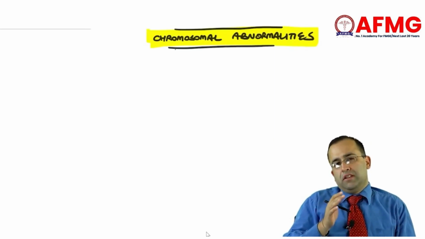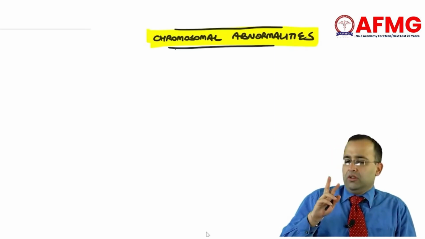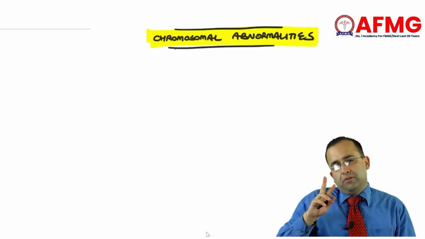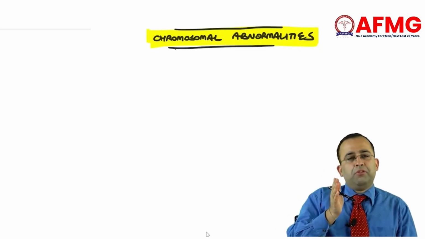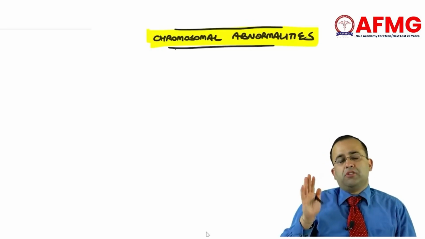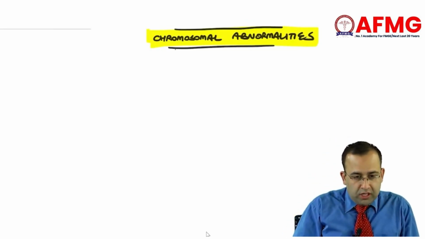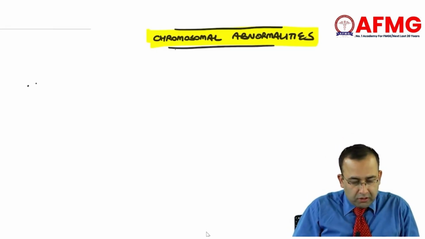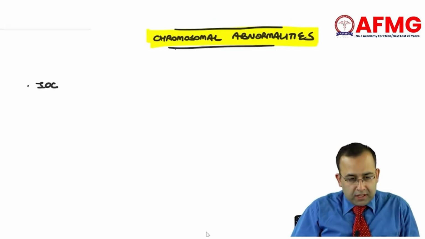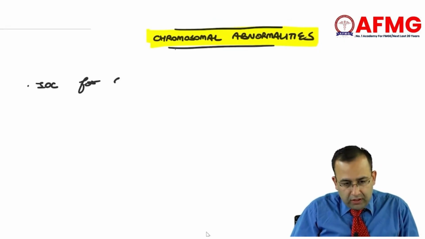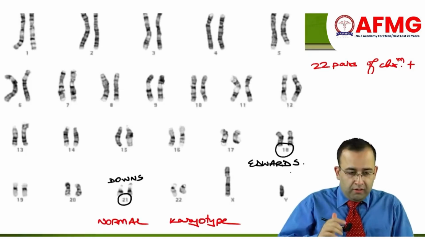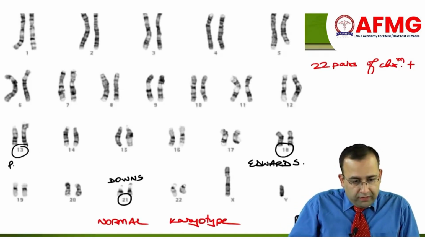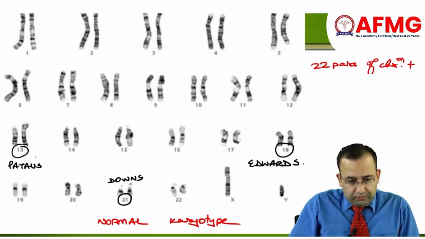this gets us to our next category of genetic diseases, that is chromosomal abnormalities. You very well know that we have divided chromosomal abnormalities into two: chromosomal abnormalities in number and structure of chromosomes. You know that. So let us start with chromosomal abnormalities. First, tell me, what is the investigation of choice? IOC. What is the investigation of choice for chromosomal abnormalities versus trisomy 13, that is Patau syndrome, versus